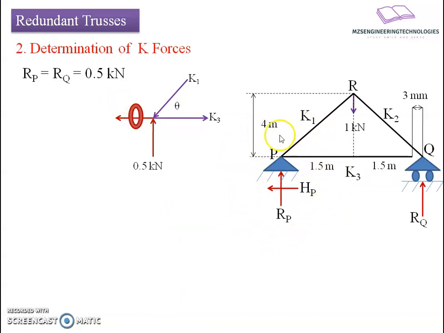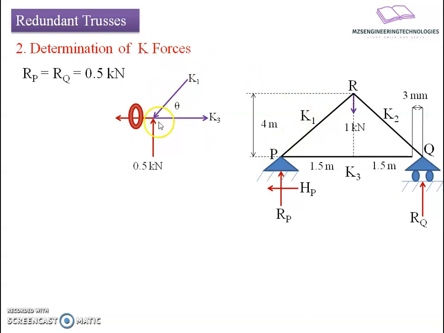So let's go with joint P first. At joint P we see that there are 4 forces acting: the member force K1, the member force K3 and the reactive force Rp, which has a magnitude of 0.5 kilonewton, and Hp, which has a negligible effect, that's why I have considered it as a zero member force. Now, if I talk about the equilibrium of the vectors here, the 0.5 kilonewton reactive force is going upward. So I am going to consider the member force K1 going downwards,